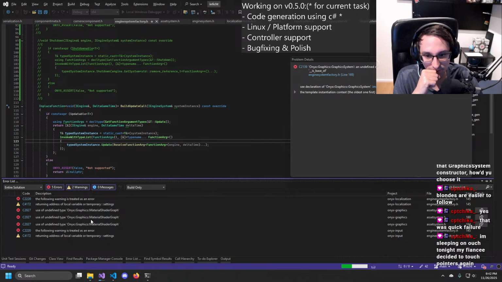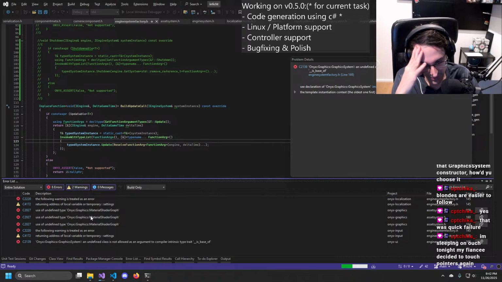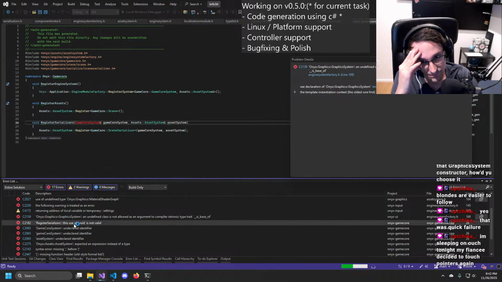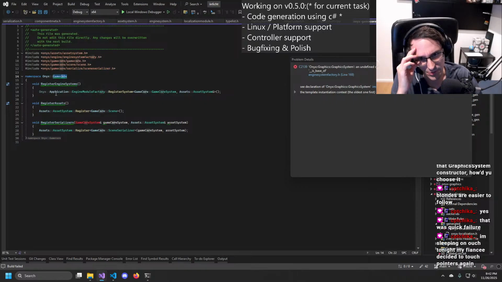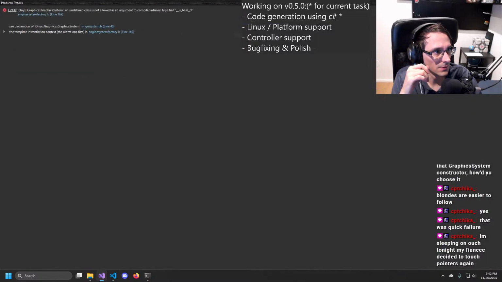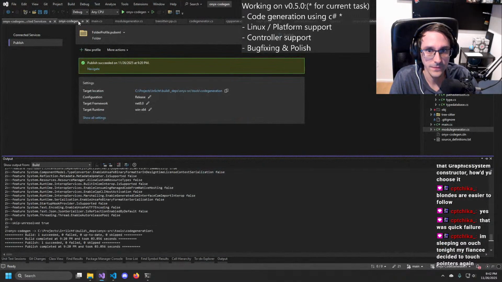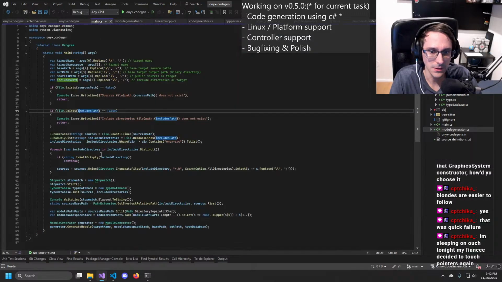And now we have... Oh yeah, we have that bug as well with the shader graph. We have this bug here, which I'm still not sure. Shouldn't that have been already fixed? Oh, maybe not. Main? Oh yeah.